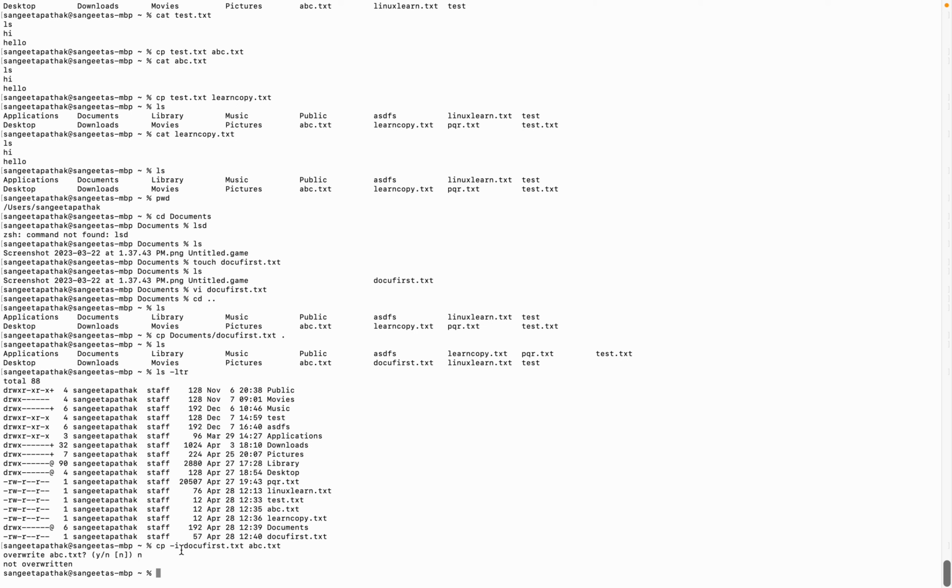Now, there is also the option hyphen R, that is the capital R. It is used to copy the entire directory structure. Hyphen R stands for recursive. So why do we use hyphen R? It is for copying a directory. Hyphen R is used for copying the directory. So if I want to copy